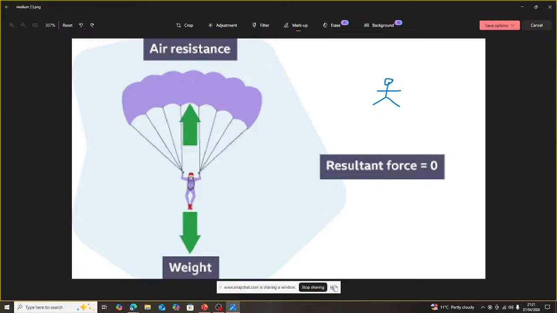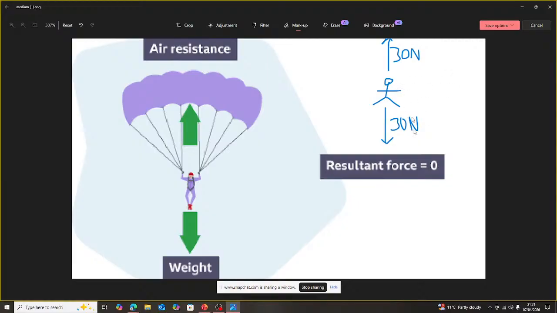But then, as he keeps going down, he hits more air particles. These are air particles, yeah? He hits more of them on his way down. So, now that has happened, the air resistance going against him has increased, and it's actually matched the same as the weight. Weight was 30 newtons, and then air resistance is also 30 newtons. Can you believe that?